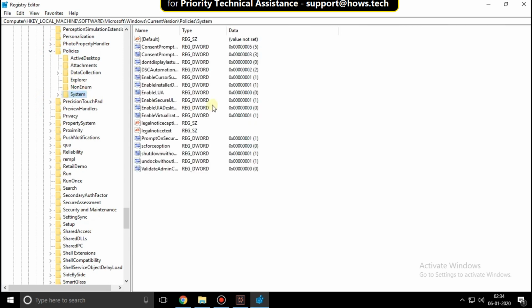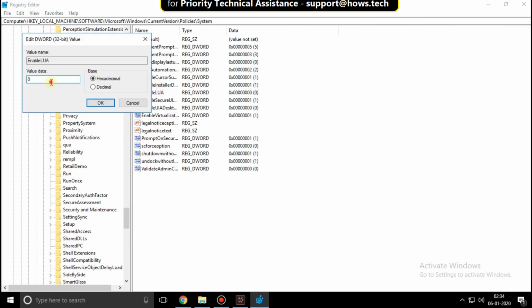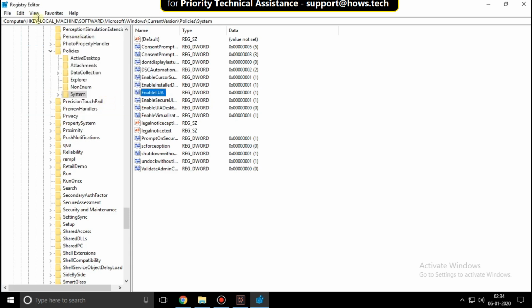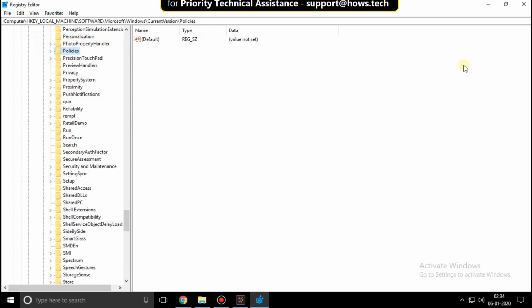On the right side, search for EnableLUA. Right click on it, then click on Modify. Change the value data from 0 to 1. Then click on OK and close all